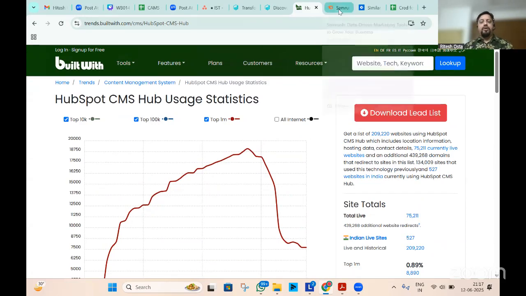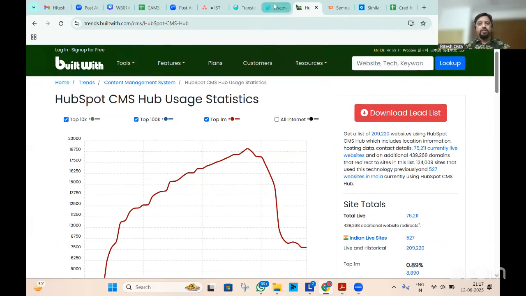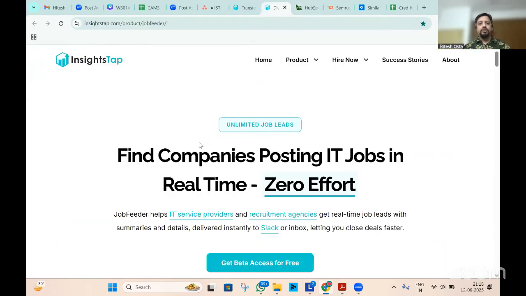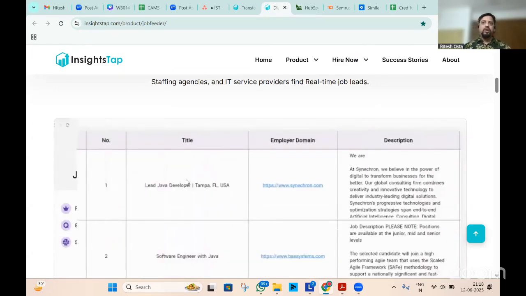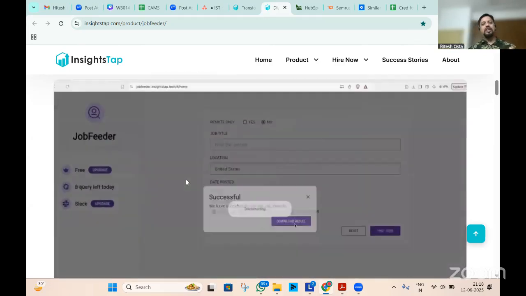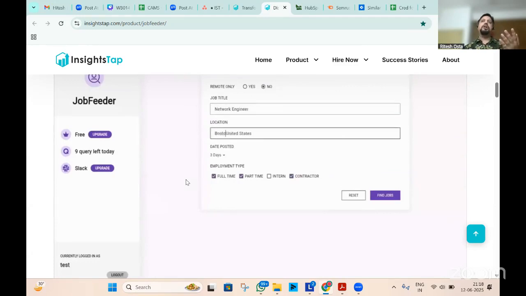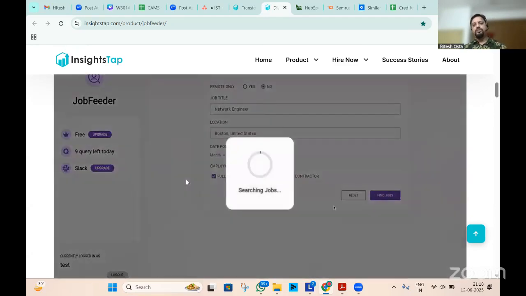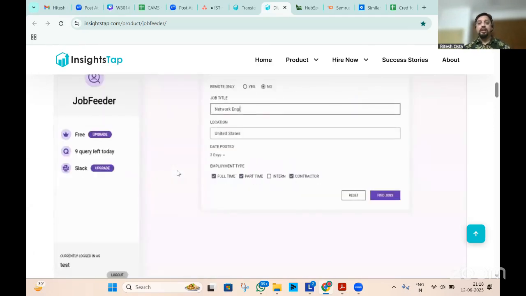Okay, the other way of doing that, there is another growth hack. One of the very prominently used growth hacks is finding all the companies posting certain types of jobs. So if there are companies who are posting certain types of jobs, if they're all looking for blue collar jobs around industrial engineering, then possibly they belong to the same industry, right? So this is another technique by which, if a company is posting certain types of jobs, then possibly they belong to a certain industry. So that's also another growth hack of finding similar companies.